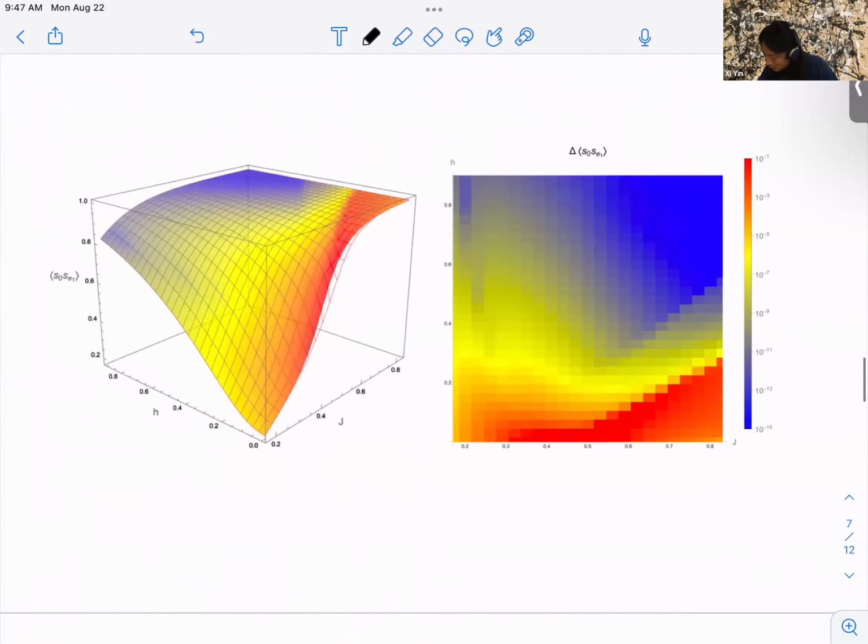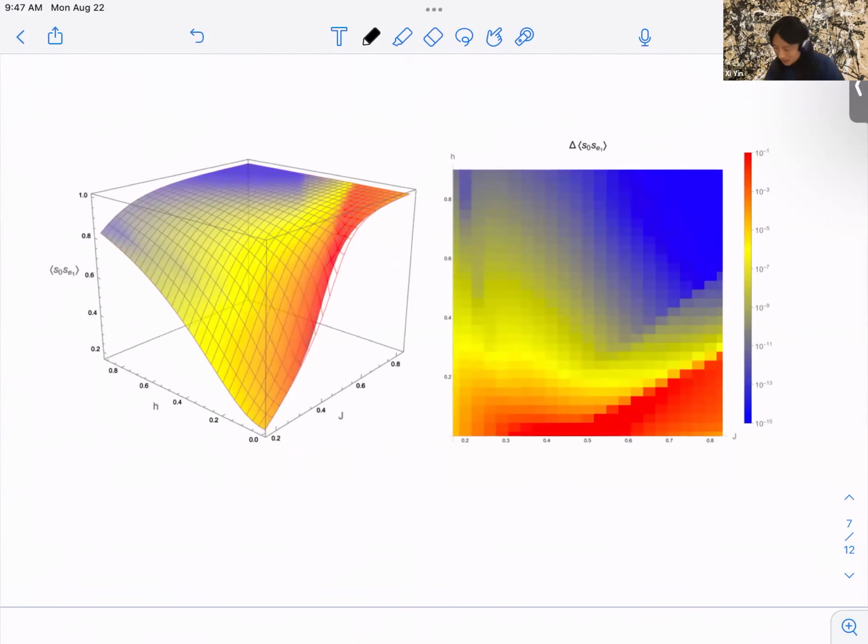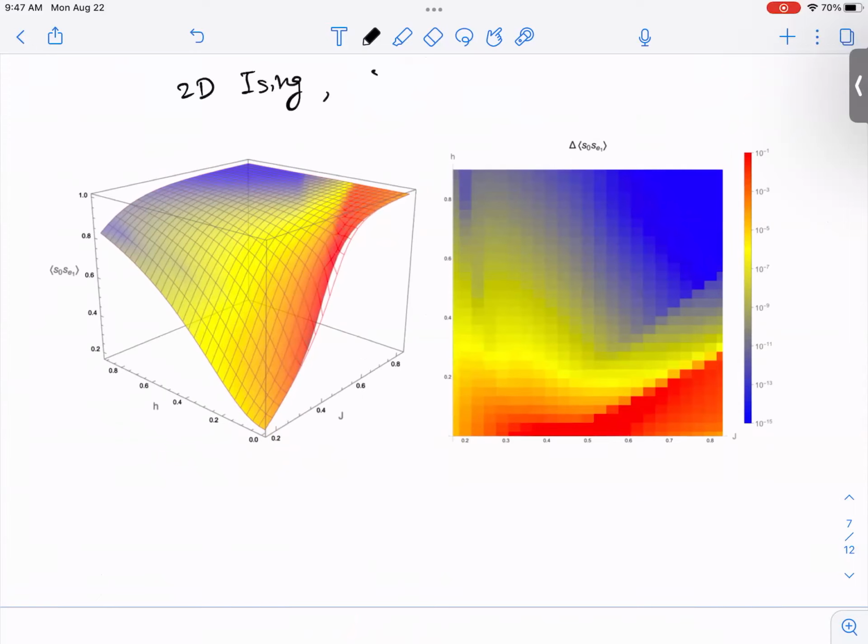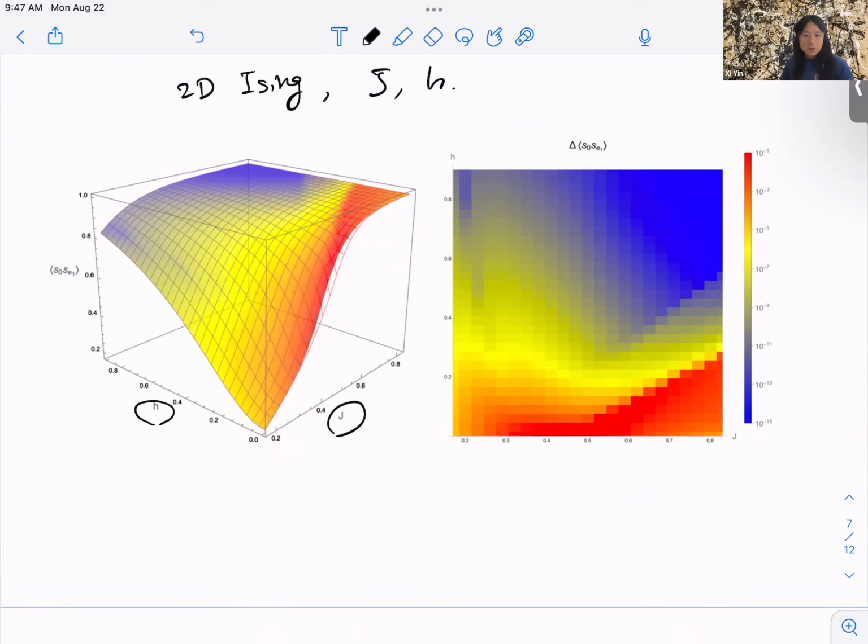Now let me show you. Here's the plot where we do include magnetic fields. So this is again 2D Ising, but now with both J and H. So here's J and here's H. We have a 3-dimensional plot where we look at the nearest spin correlator as a function of J and H. And we're going to plot both the upper and lower bounds again. Now for much of this plot, the upper and lower bound are very close. So for visualization, we indicate the difference between upper and lower bounds with the color scheme on a logarithmic scale.